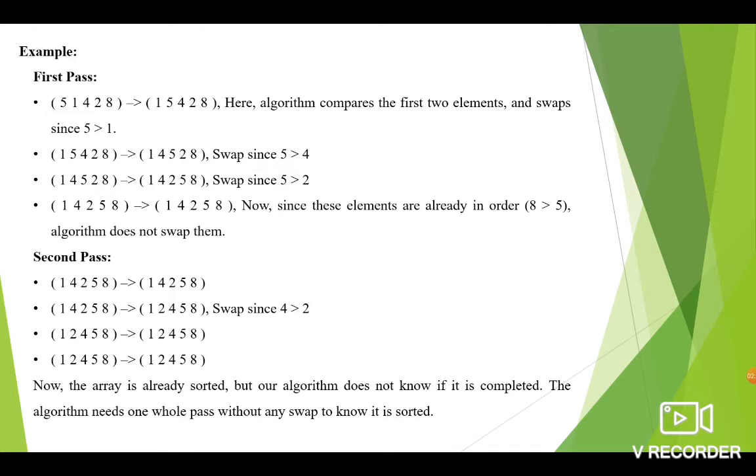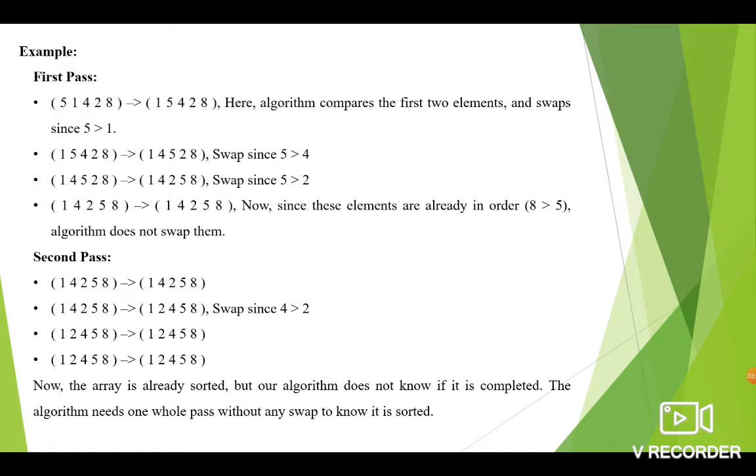In the second step, I am comparing the next pair of adjacent elements, 5 and 4. Again, these elements are not in order, so we need a swap. In the third step, we are comparing the third and fourth elements, that is 5 and 2.